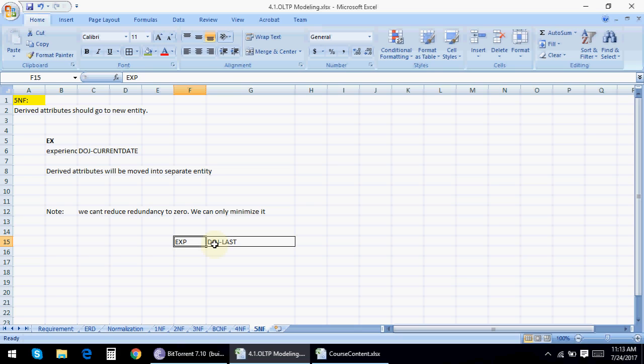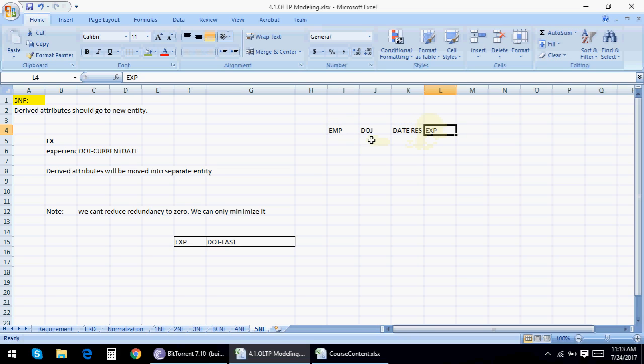I hope I am making sense. For instance, if I have an employee table, I'll have date of joining, date of resignation and total experience.